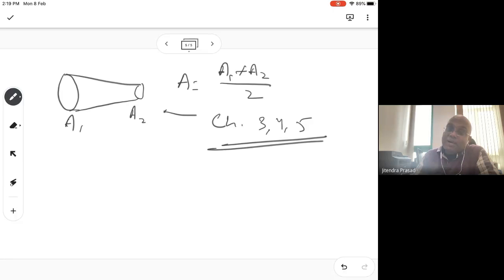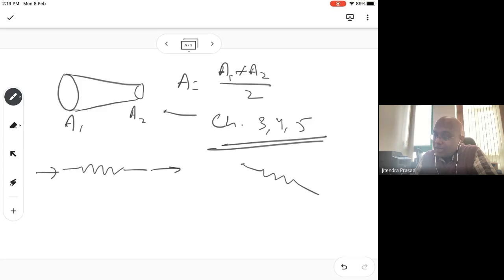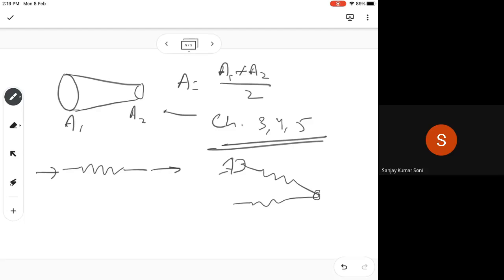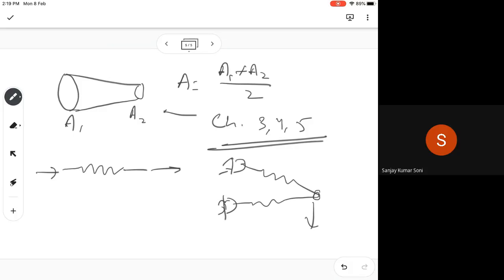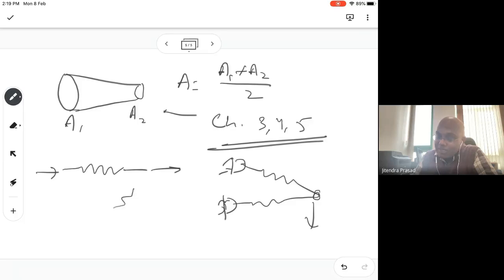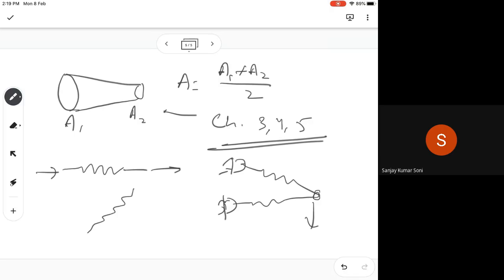A spring element, but see here, the way we have derived for a spring, all the forces are axial, right? Right, sir. But in a truss, you can have one spring like this and one spring like this, joined together here. External forces are acting at some angle. Okay, right, sir. So how will you solve it? Oh, right. So for that, you have to formulate. This is with reference to the external force that we are applying. Right. Okay, yes. Right, sir. Okay. True.